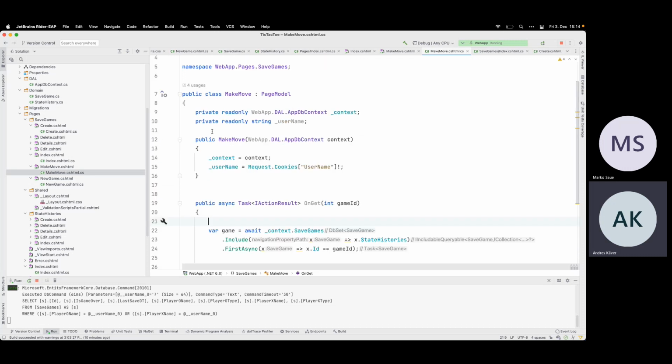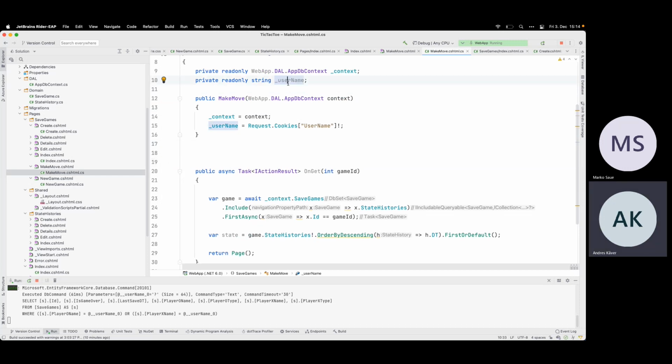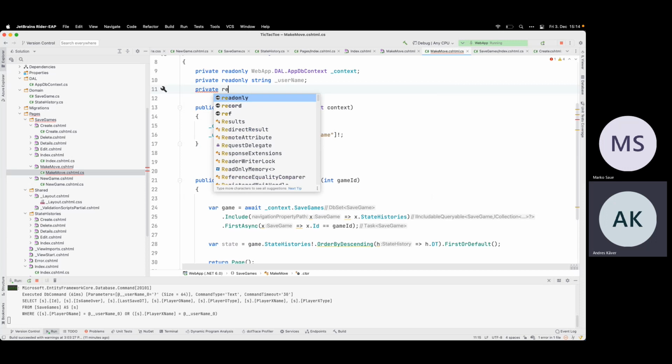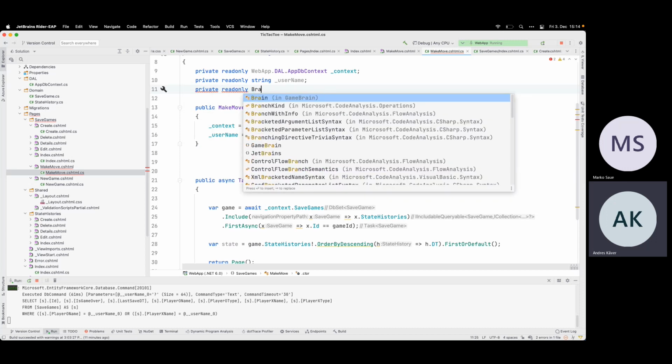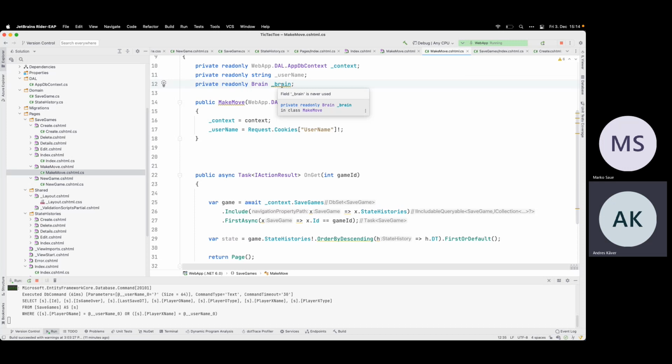So let's see, somewhere here, I need to access it in the model. So this means that I need to have here this private readonly. What is a brain? So this is our brain. This needs to be initialized somewhere.